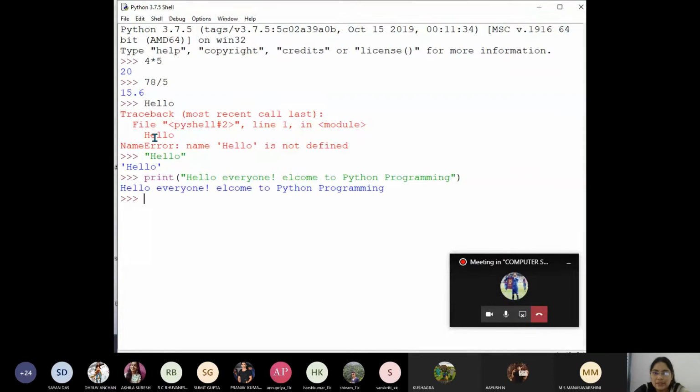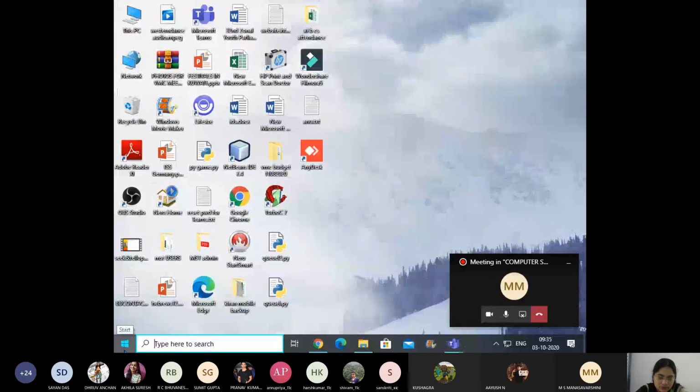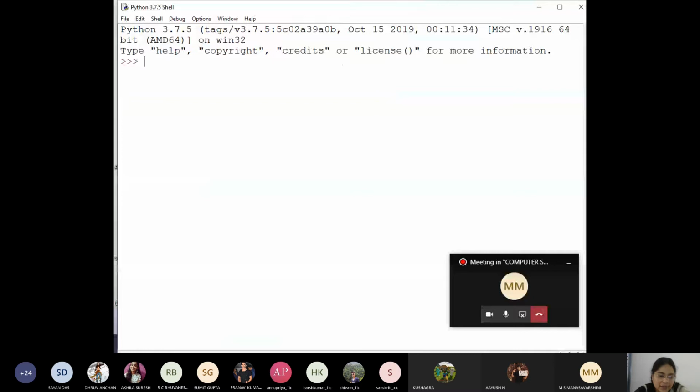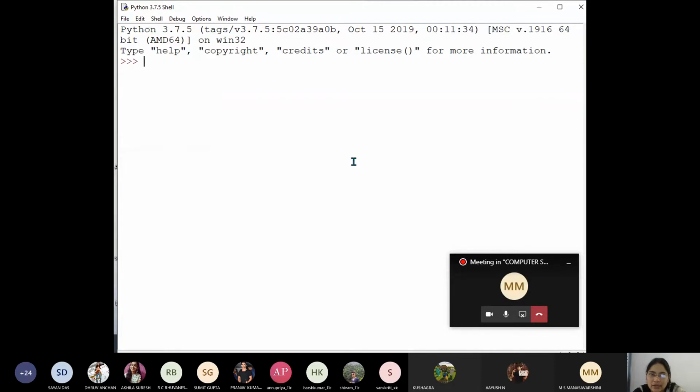So now you can see that the message is whatever I typed, that is displayed. Yes or no? Now I'll close this. Once I come back, where is that? Whatever I have done, is it visible, children? No, ma'am. So in interactive mode, what happens? It is temporary, right? The result comes immediately. But if you want to open that file for later use, that is not there, isn't it?